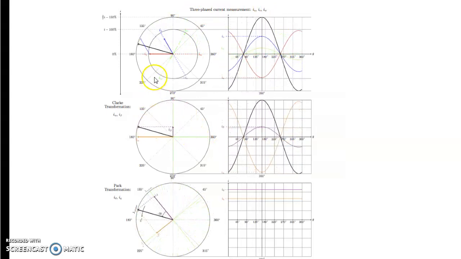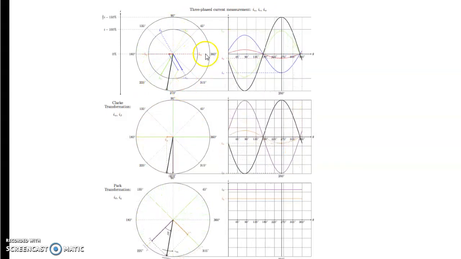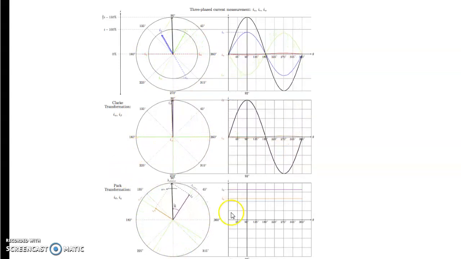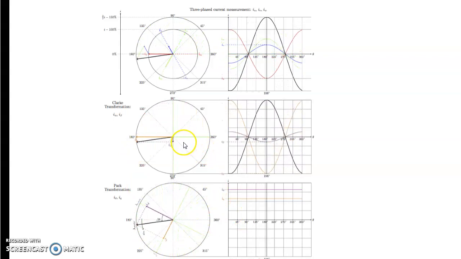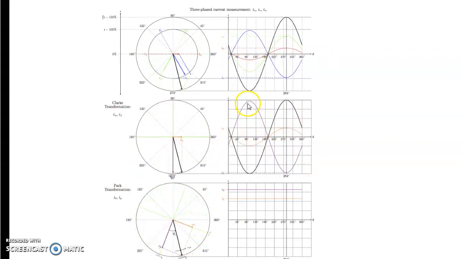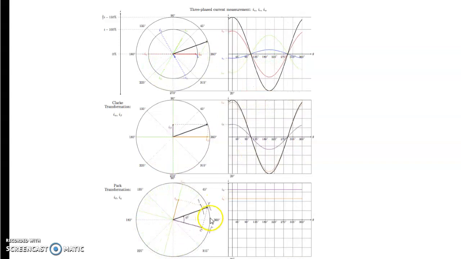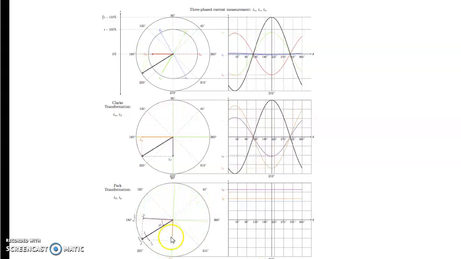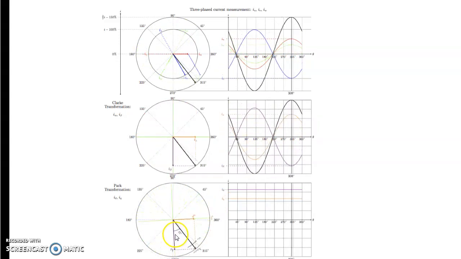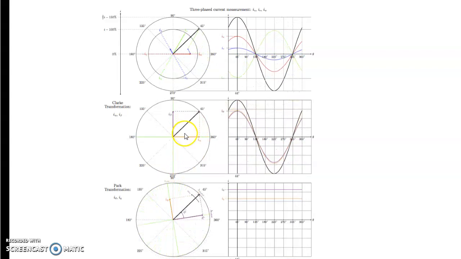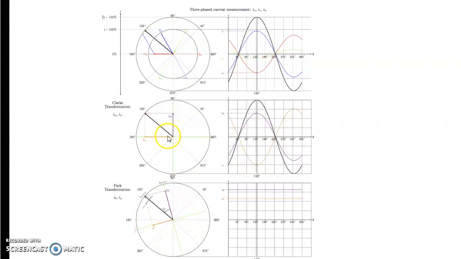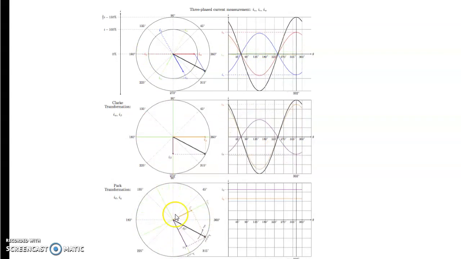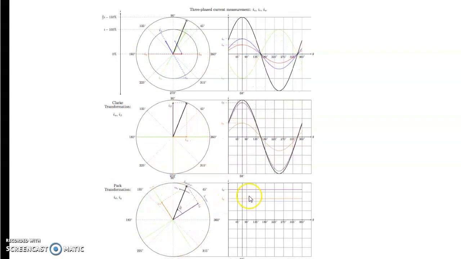You can see that here it is a three-phase quantity. This is the Clarke transformation. This is the Park transformation. After the Clarke transformation, you go from a three-phase quantity to a two-phase quantity. Here it is again converted into a rotating frame, where the difference is that in the stationary frame the angle theta is varying continuously. Here the angle theta is constant, because the frame is rotating, so we will get a DC output here.